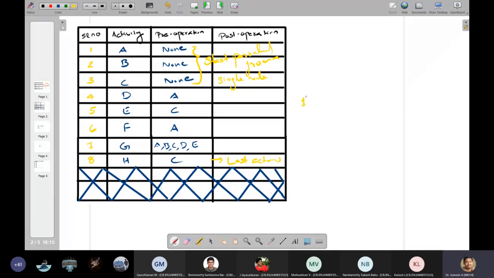From node number 1, we'll have three activities: activity A, activity B and activity C. So 1 to 2, this is 2, this is 3, this is 4. 1 to 2 I'll take as A, 1 to 3 I'll take as B, and 1 to 4 I will take as C.